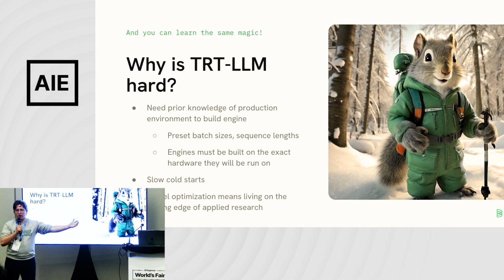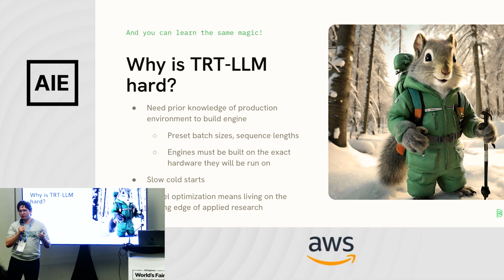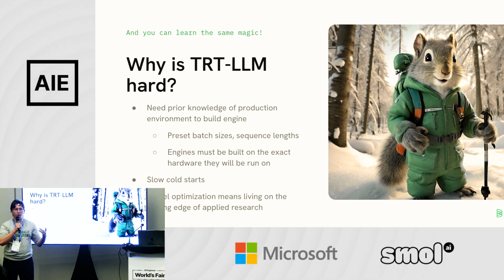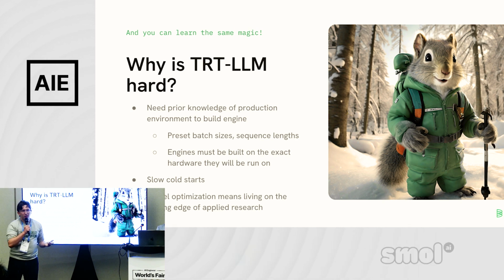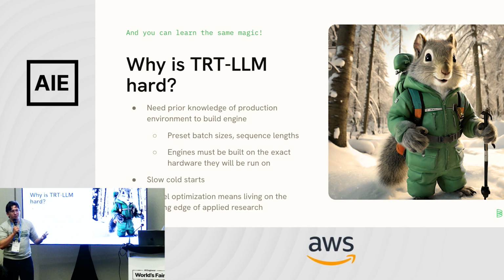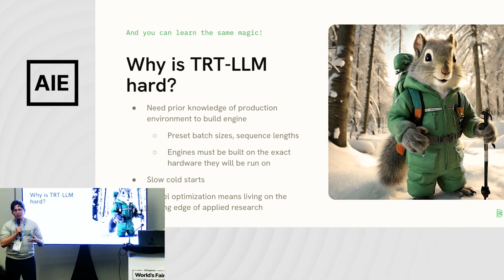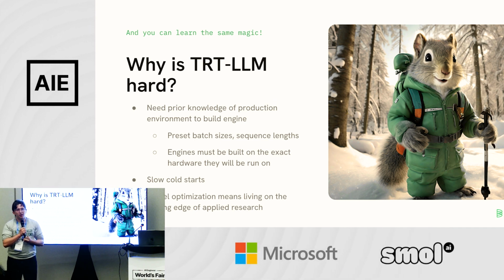And as we'll talk about toward the end, there are some infrastructure challenges as well. These engines we're going to build are quite large, so if you're doing auto scaling, for example, you have to work around the size of the engines, otherwise your cold starts are going to be slow. Overall, model optimization means we're living on the cutting edge of new research. When I'm writing blog posts about this stuff, I'm often looking at papers that have been published in the last 6 months. So combining all these new approaches and tools, there can be some rough edges, but the performance gains are worth it.